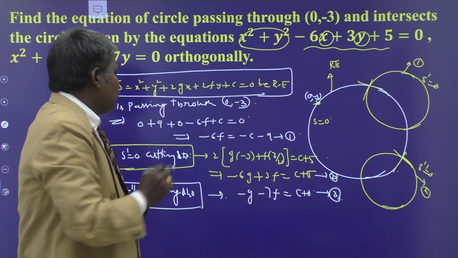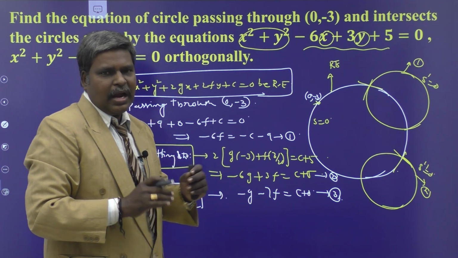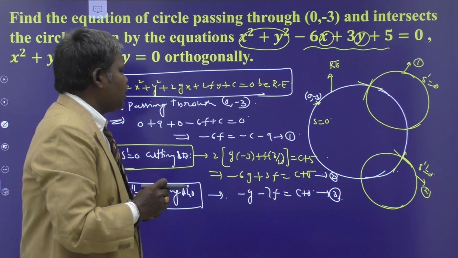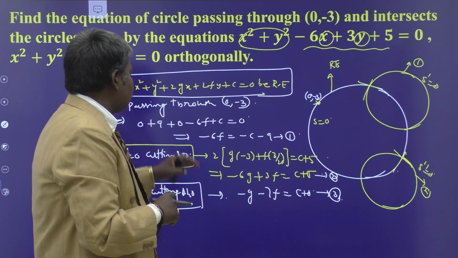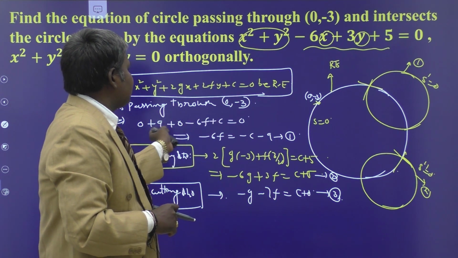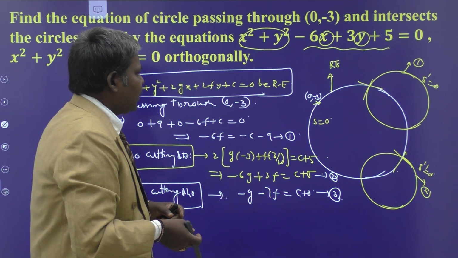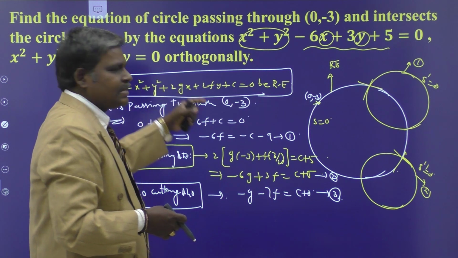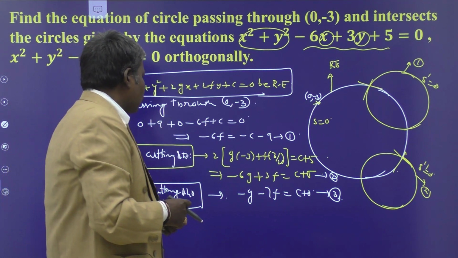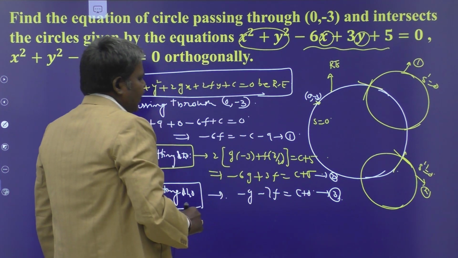That is the target. So in this process we have to eliminate c first of all, and then you have to solve the two equations which are in f comma g. After getting the f comma g values, substitute f comma g in any of the equation having c, we obtain c also. After getting f, g, c values we can write the equation of circle, that is s is equals to 0. So for that we have to subtract 2 from 3. We can easily eliminate c.